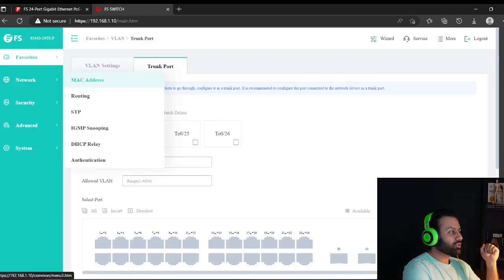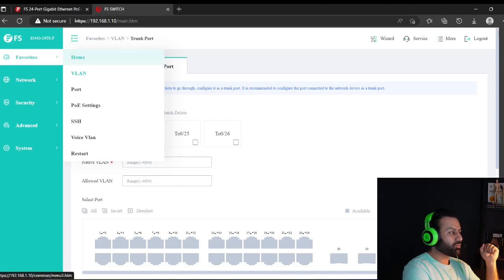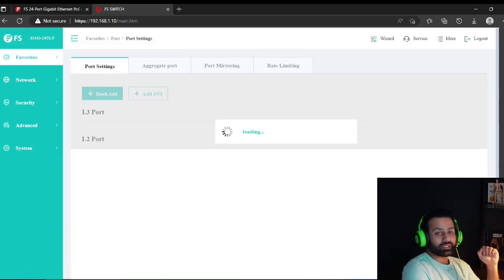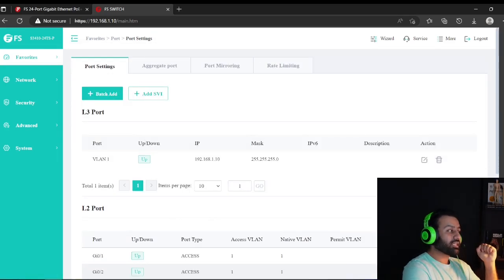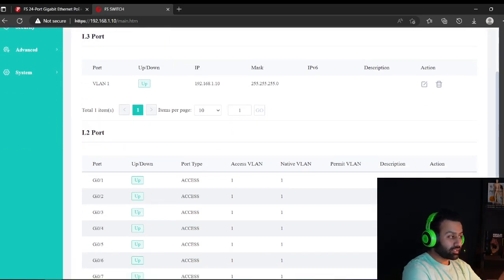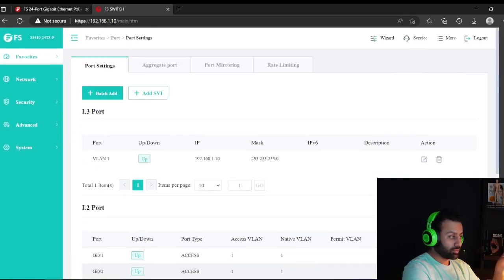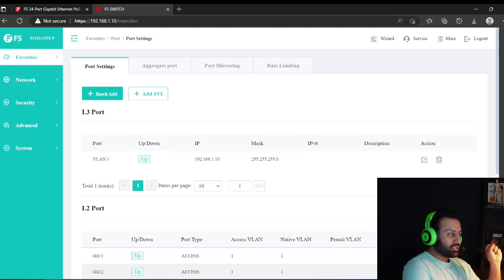All right, let's come to the port. When we come to the port, there are other important things as well, guys. There are two types of port that we can assign in here. We can assign an L3 port, and we can create an L2 port as well. Let's say